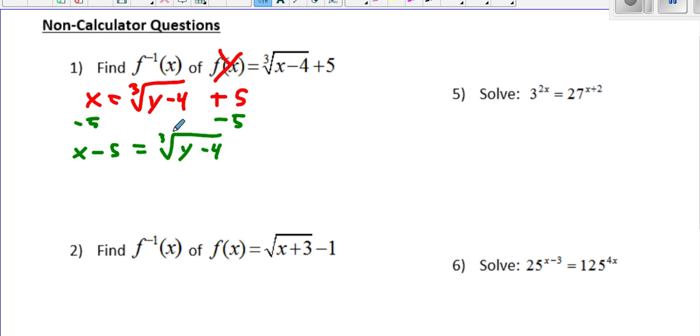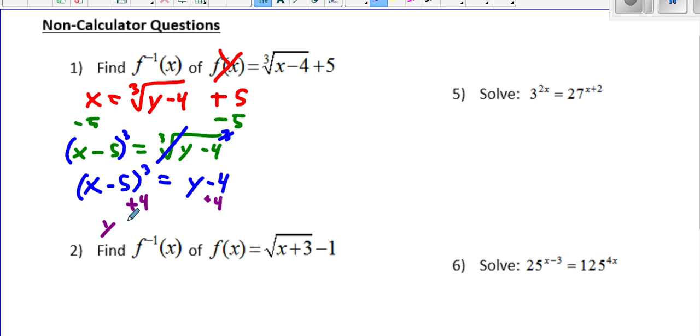And then to get rid of the cube root, you will cube both sides, do the third power of each. And that cancels out the cube root. So we have x minus 5 to the third equals y minus 4, and the cube root's canceled out. So to finish it off and get y by itself, all you do is add the 4. So add 4 over,